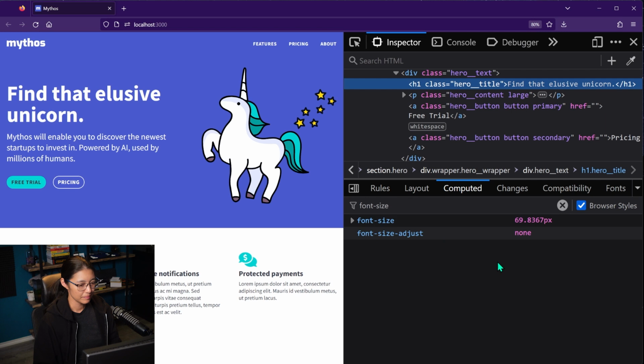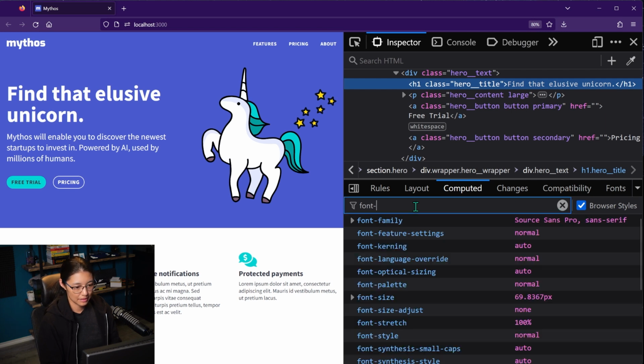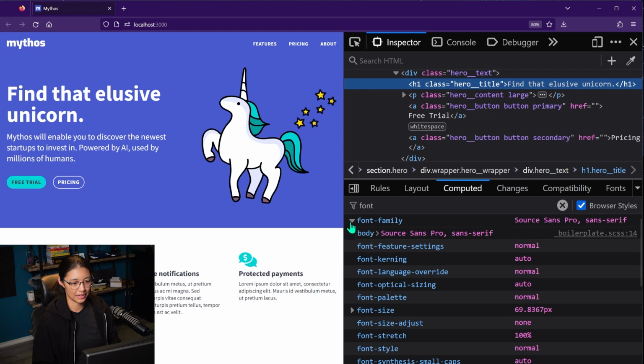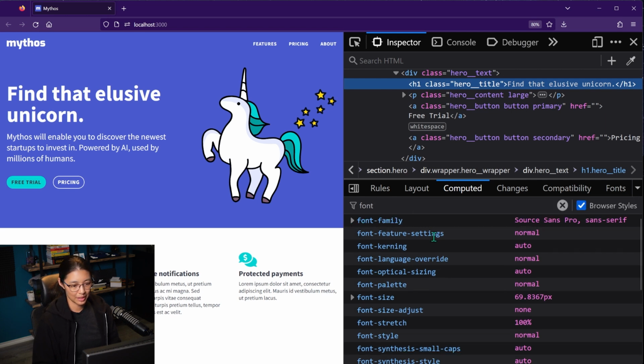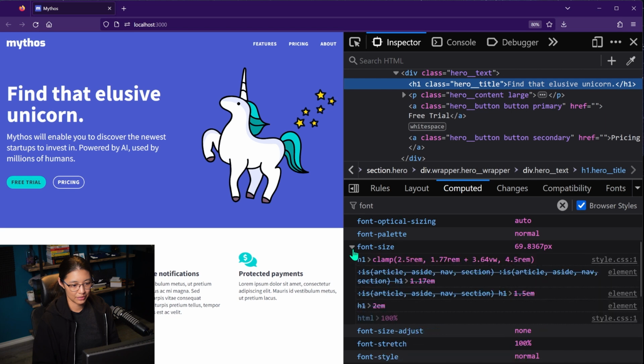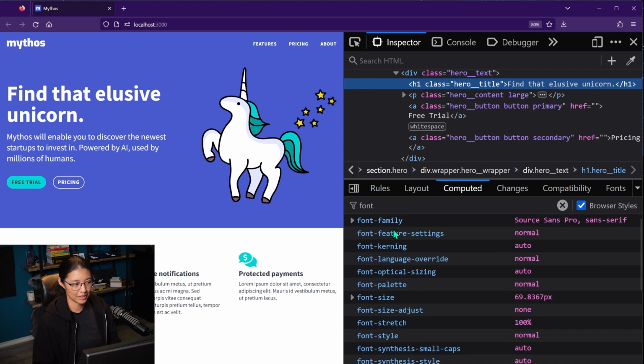So one thing to note is that when you're loading the default browser styles, all the styles that are coming from your actual style sheets have this right arrow caret, and it tells you where it came from. You can tell something's a default style because there's no arrow next to it. So all these different properties are coming from the browser, except for font size and font family. Okay, so that's good for the computed styles.